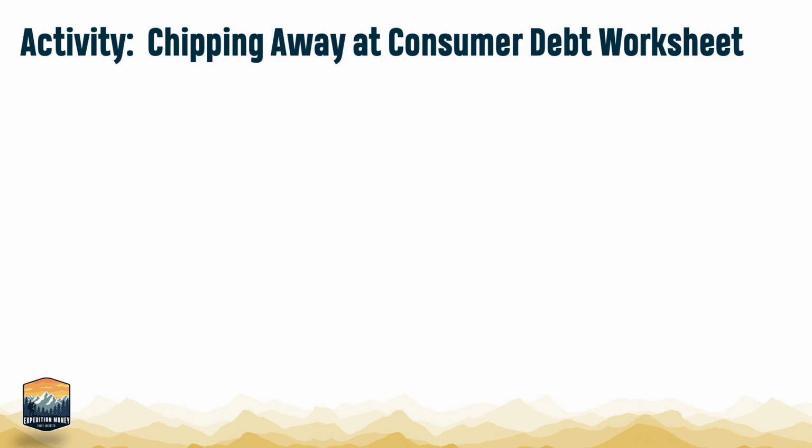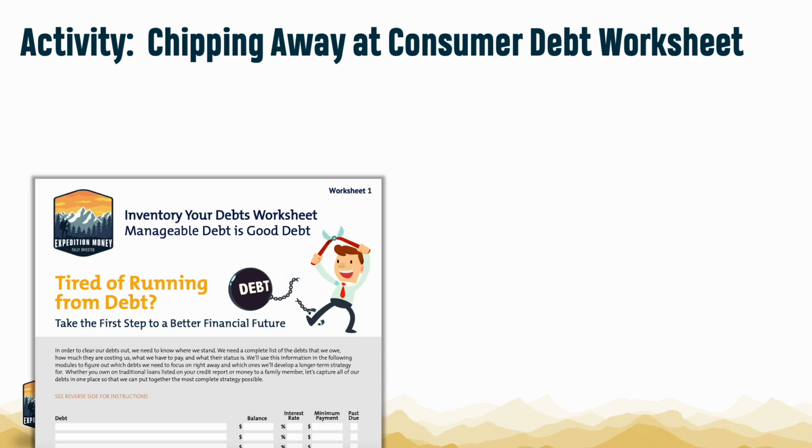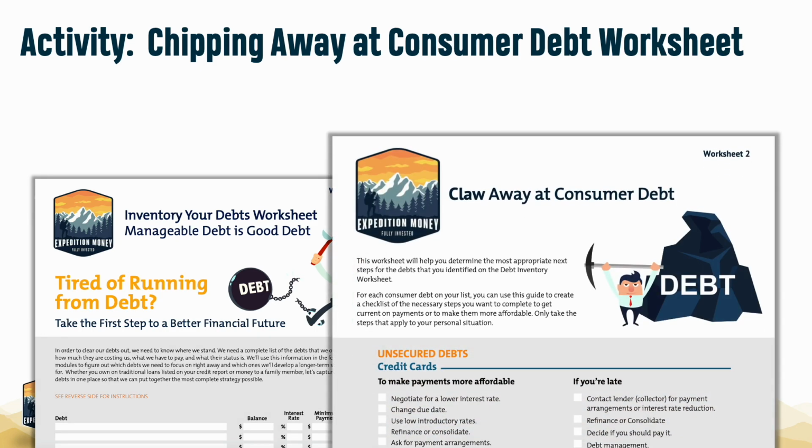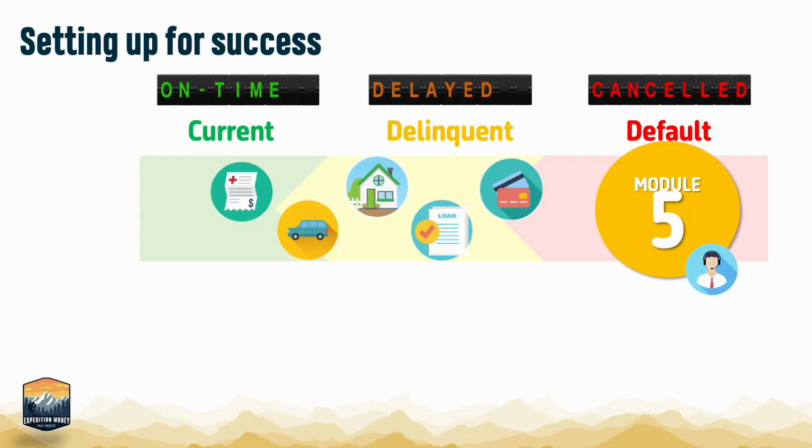In the last module, you completed your debt inventory, gathering all of your debts together. In fact, you should have checked the past due box for debts that require immediate attention. This week, we have a checklist of options for tackling each type of debt. So we're going to use that with your first worksheet to come up with the next steps for each of the consumer debts that you have listed. For example, if you have a credit card listed in the first line, look at that credit card checklist and decide, do you want to request an interest rate reduction? Or do you want to explore consolidating it into a personal loan? Maybe you're behind and would like to pursue a payment plan. Use the Chipping Away Consumer Debt worksheet to pick a tactic that makes sense for you for each of the consumer debts. And let's get started.